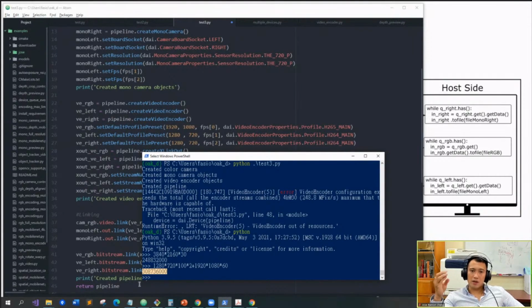For the color cameras, you have much more variety, like 400p, 720p, 1080p, 4K, and 12 megapixels. But you need to stay within this range. Otherwise, it will give you this error. Does anybody have any questions about this? No? Yeah, I think we already